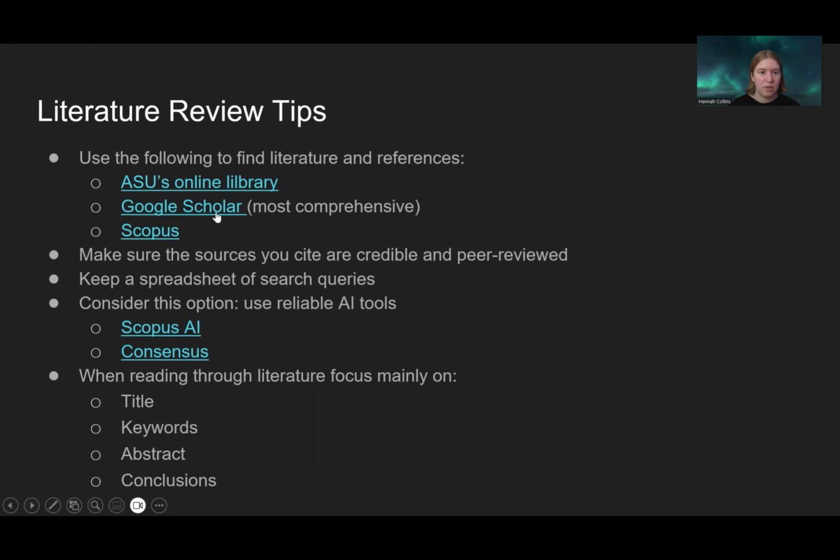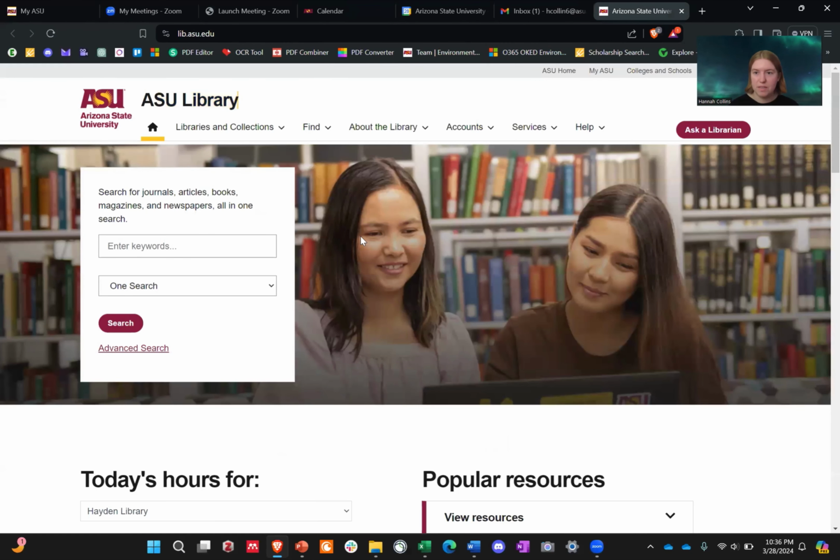So these are the three main databases that I looked through, especially because ASU's online library is available to me. So here I have hyperlinks for all of these databases that you can go through. And with ASU Library, you can look for journals, articles, books, magazines, and newspapers. I mainly look for the articles that are published by journals that are trustworthy and reliable and provide good, sound